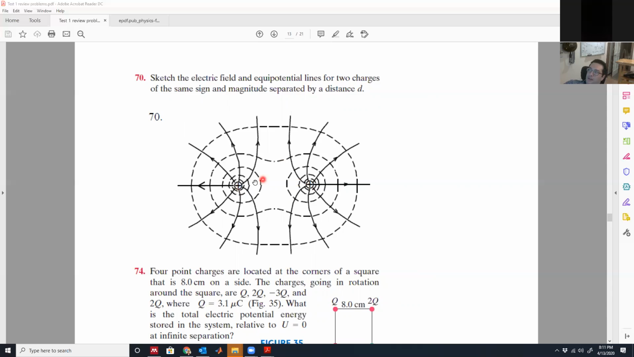So these lines can never cross, right? Or never connect to each other because they both have to move away from the positive charges. And the same thing is true with the negative charges. We have two negative charges over here. Well, they'll be pointing the opposite way. And if you notice, along with here we have the equal potential lines, right? And if you notice, where there are no electric field lines,